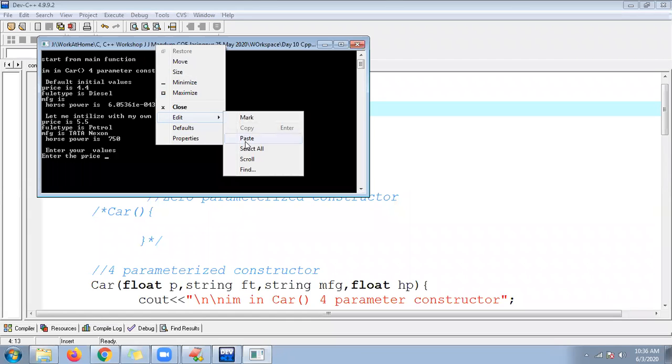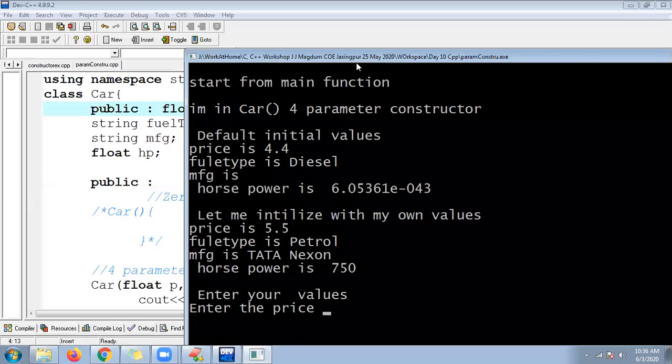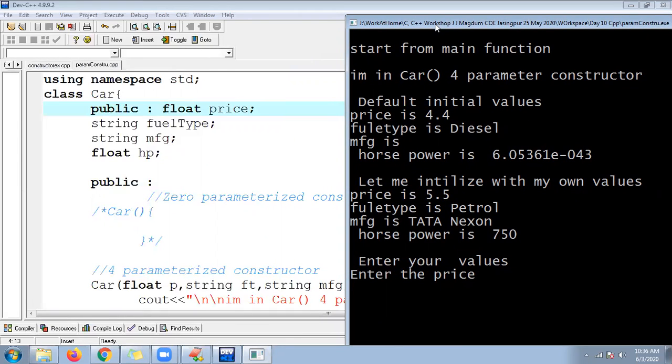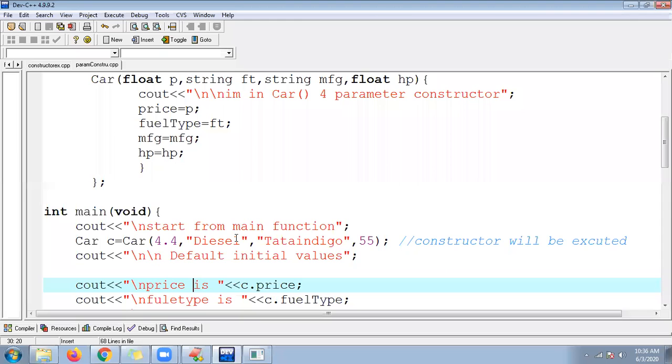Let me increase the font. This is the problem every time. How can I do the setting? Okay, I'll do it next time. So you can see 4.4 as the default initial values. What values did I pass here? 4.4, diesel, Tata Indigo, 55.